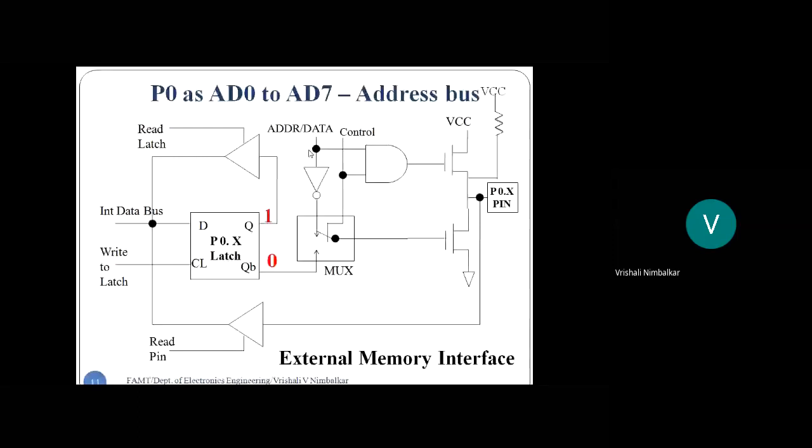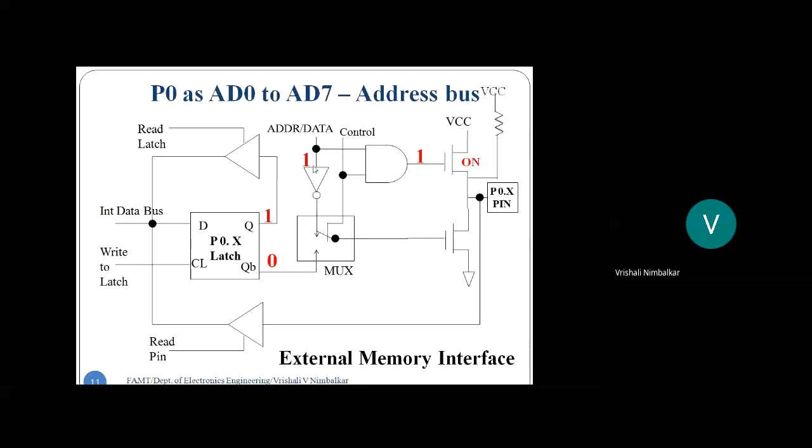As it starts acting as an address and data bus, the upper MOSFET will be turned on. Up till now the upper MOSFET was off. Now, in the case of the address data bus, the upper MOSFET turns on all the time. Every time this MOSFET will remain on. Suppose this is logic 1 on the address A0 bus, or it can be D0. How that gets transmitted on the pin, we will see.